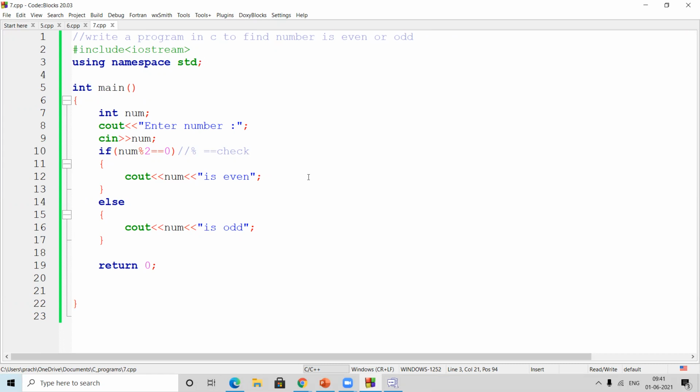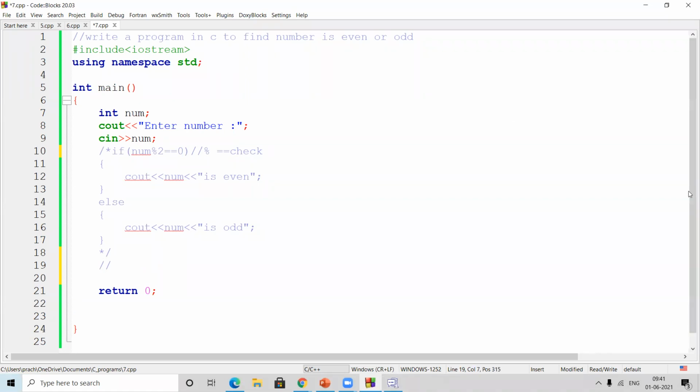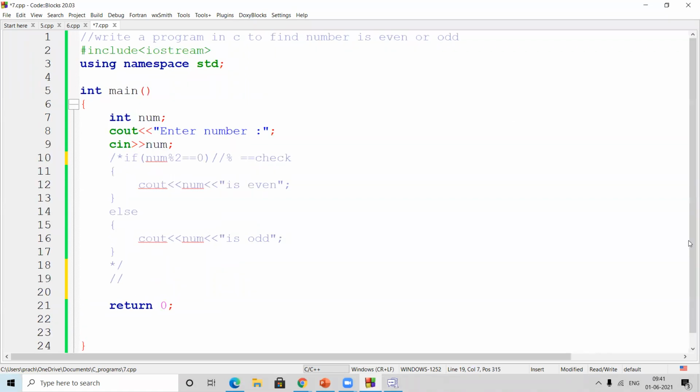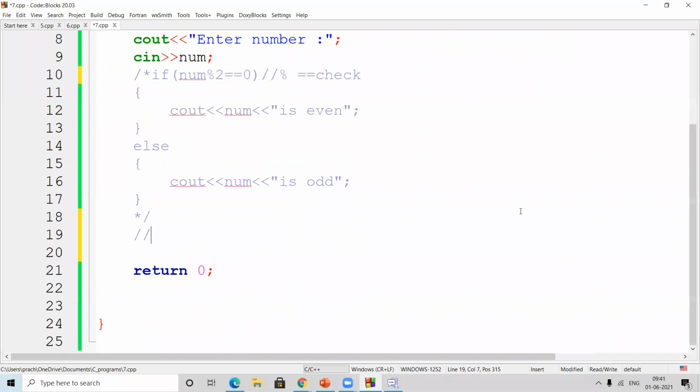Okay, there is one ternary operator. Do you people know what a ternary operator is? I'll write a basic syntax first and then I'll tell you. Here you write the condition, whatever your condition is, then you put a question mark.